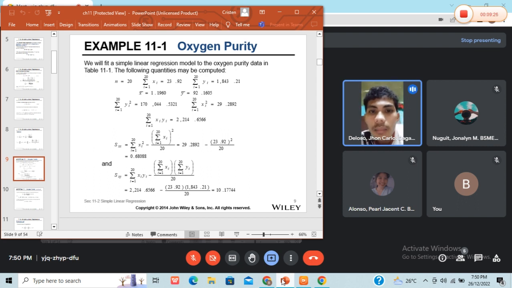Our summation of x is equal to 23.92, and our x bar, or the mean of the x samples, is equal to 1.1960. The summation of y is equal to 1843.21, and the mean for y is equal to 92.1605, and then our summation of y squared is equal to